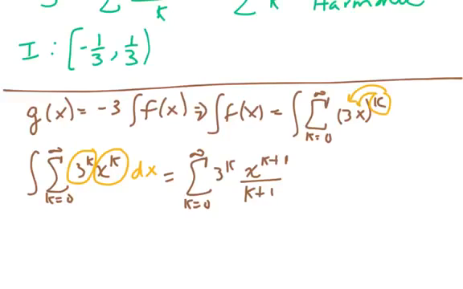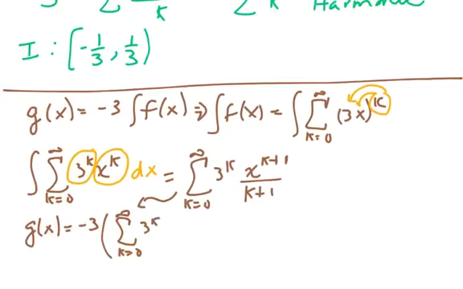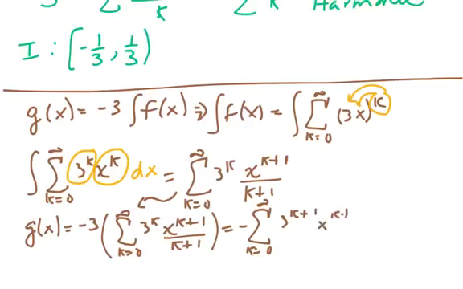So now I want to go back to the established relationship that g of x is equal to -3 times the integral of f of x, which is now the new summation that we just came up with: 3 to the k, x to the k plus 1 over k plus 1. So now I can bring the 3 inside, and I get from k equals 0 to infinity, 3 to the k plus 1, x to the k plus 1